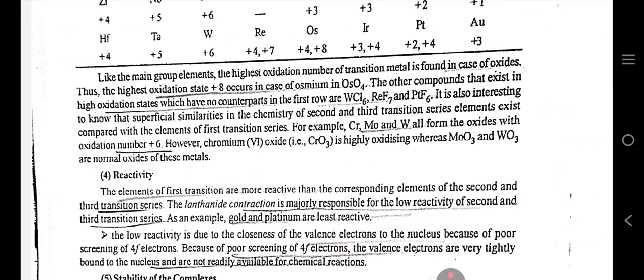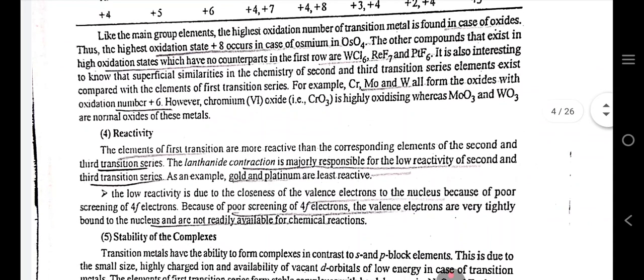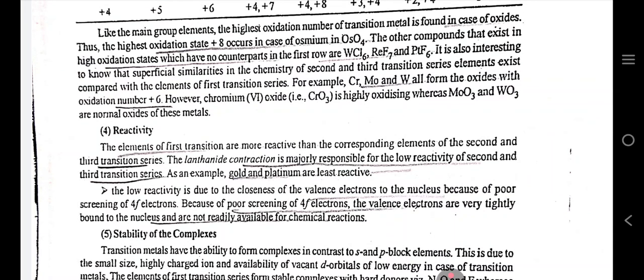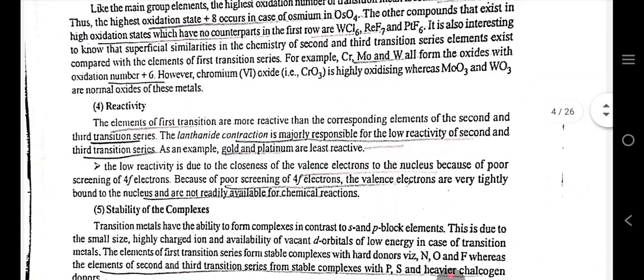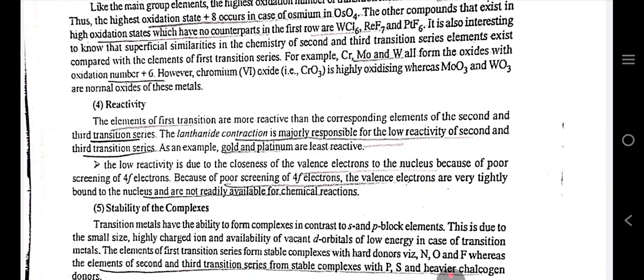Like the main group elements, the highest oxidation number of transition metals is found in the case of oxides. Thus, the highest oxidation state, +8, occurs in the case of osmium in OsO4. Other compounds that exist in high oxidation states, which have no counterparts in the first row, are WCl6, ReF7